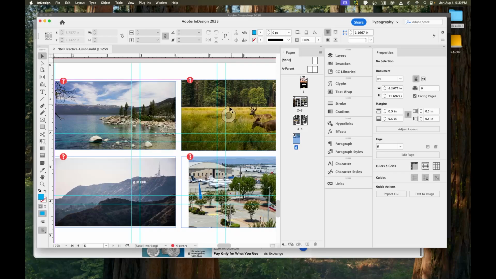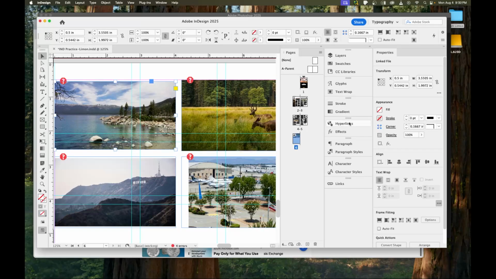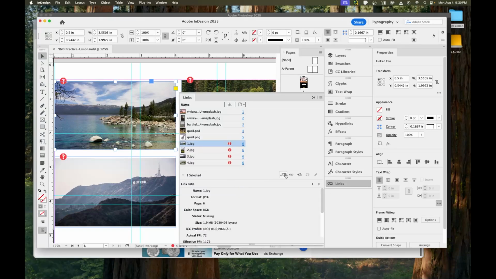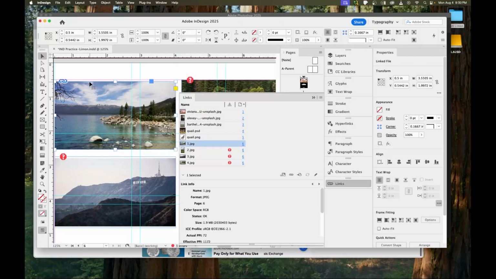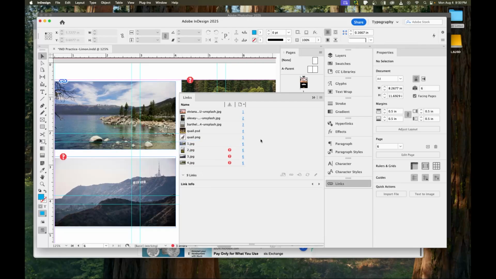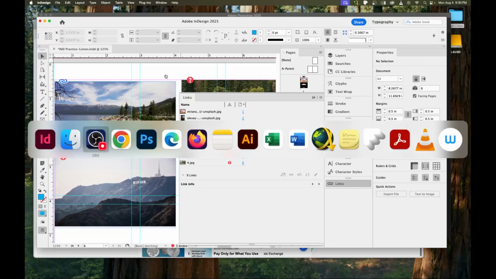So one way to fix that is to relink them, but have it find the path to where those images are. So I could relink the first one the same way, relink 1, but now I'm looking for it outside of that images folder, and it will find all of them. Sometimes it finds all of them. Right now it only found the first one. Sometimes it does like the whole batch. So the other way to fix them, let's undo that,